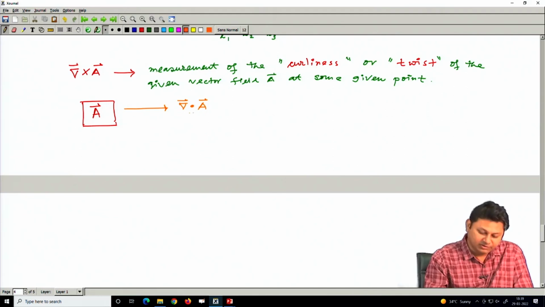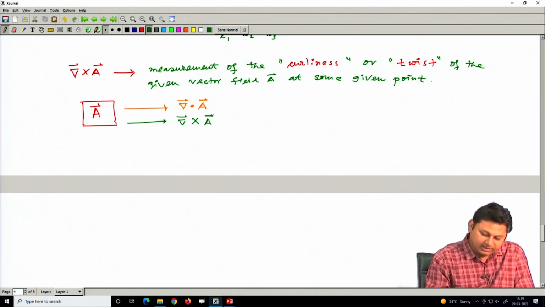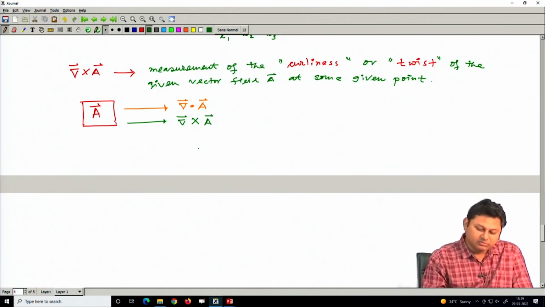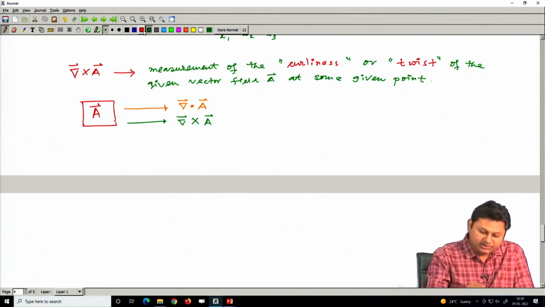If it is non-zero, that means this vector field has a divergence at this given point. Or you can also find out how curly it is at a given point with this operation. So, A is a given vector field, and with these two operations, the divergence and the curl, you can measure how much the vector is spreading out,